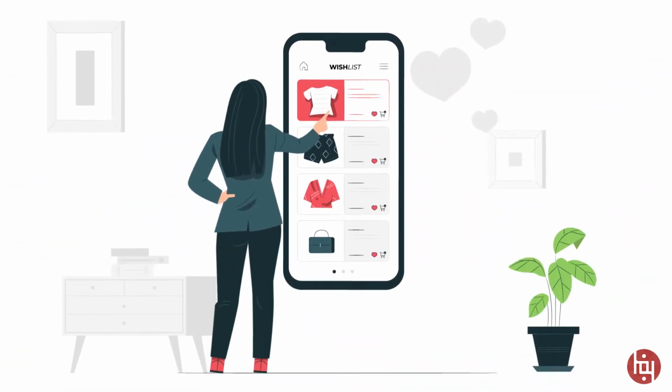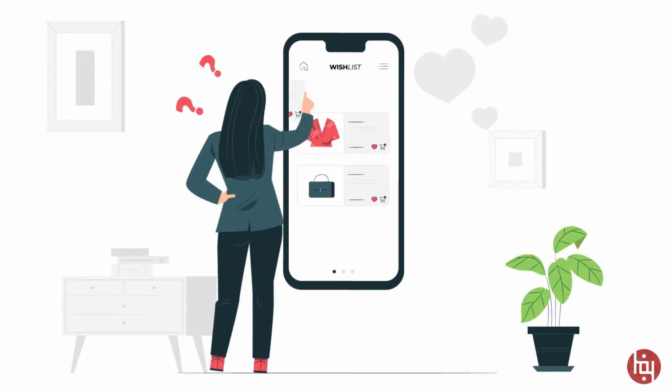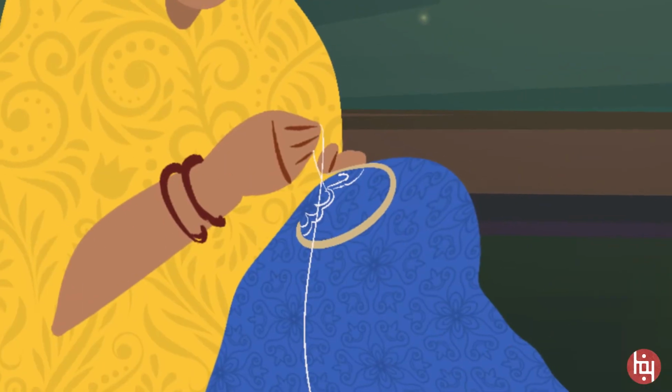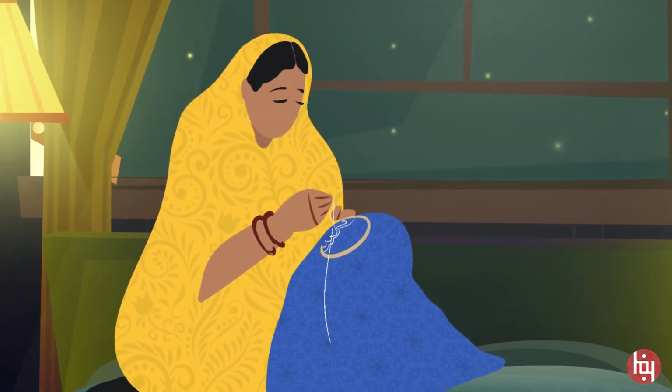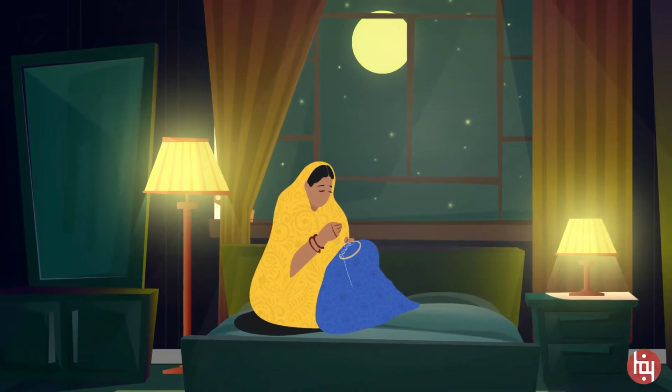While shopping online, customers look at photos to get a sense of the material, colors, and how the fabric falls. But if we are not careful, our phone photos may not always convey this. Here's an example. Rani is an embroidery artisan. A customer just asked her for some photos of her dupattas.